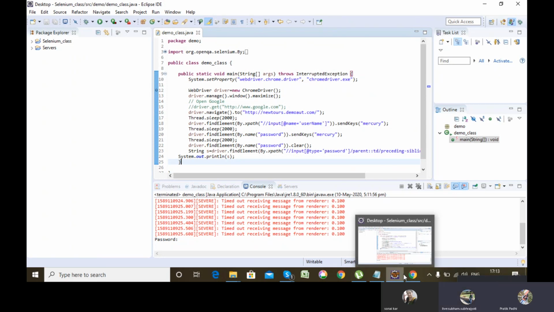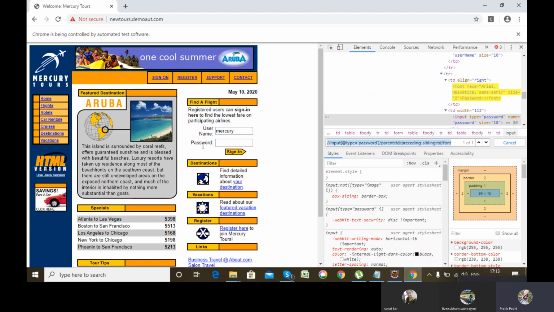Got my point? Yes, sir. So in that case, we need to check: once I select India, are my states of India getting displayed or not? So is it visible or not after selecting? For that there is one method called isDisplayed. Let's say, for example, this particular password web element is now visible for me. If I use the isDisplayed function for this web element, it will return true because currently it is getting displayed in my web page.